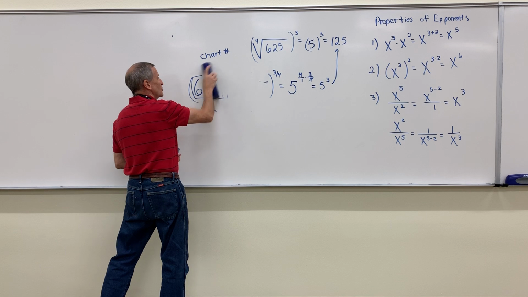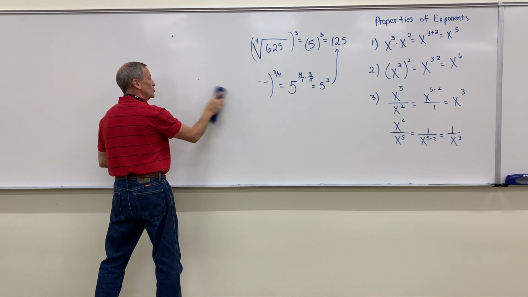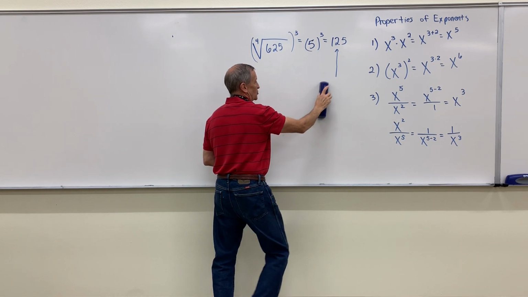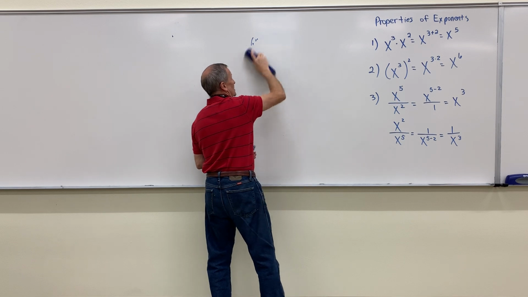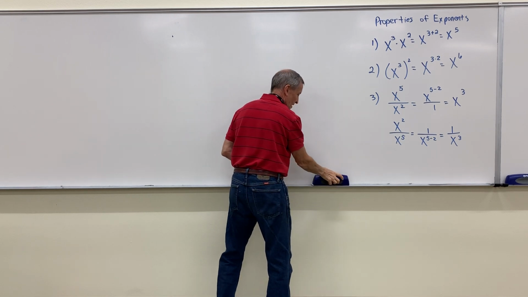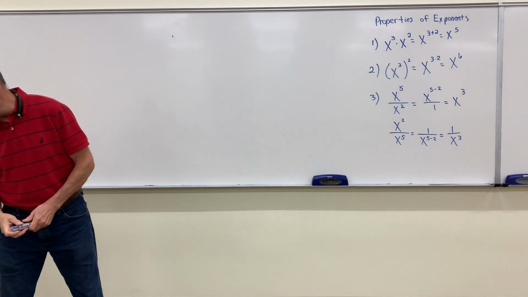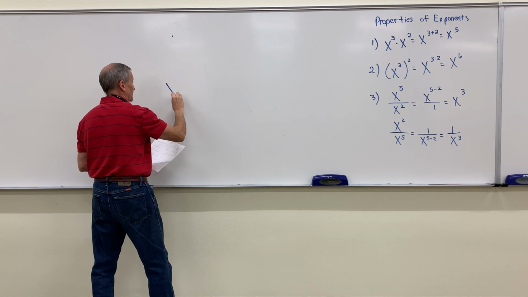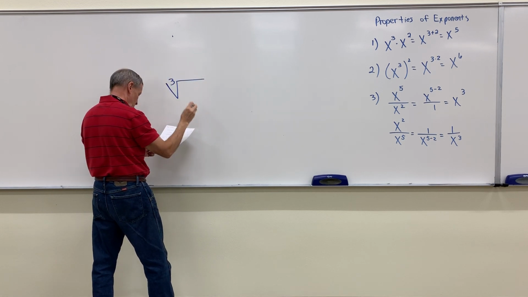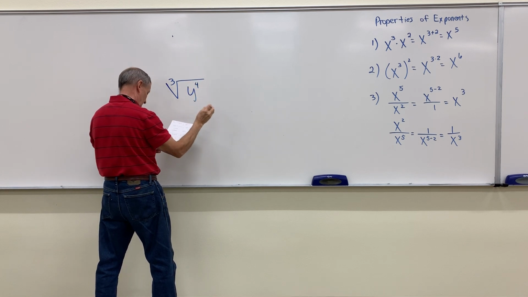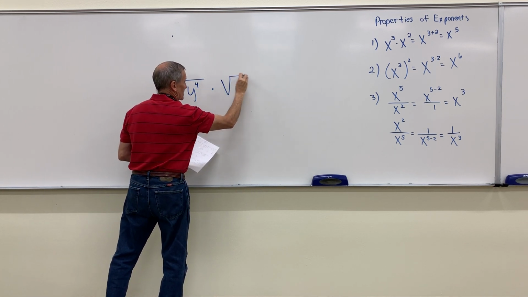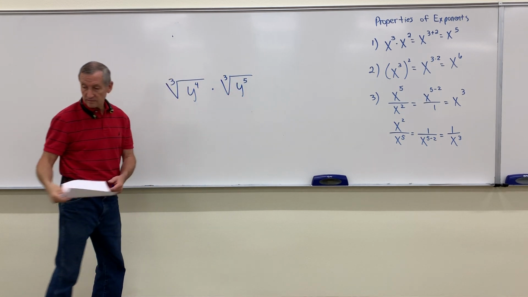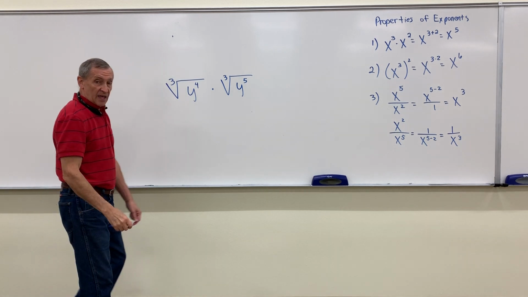All right, Hawks is also going to ask you to change your radical expressions into fractional exponents. So it's going to ask you to go backwards with our translation of one to the other. So here's what I got. Cube root y to the 4th times the cube root of y to the 5th. That looks overwhelming,